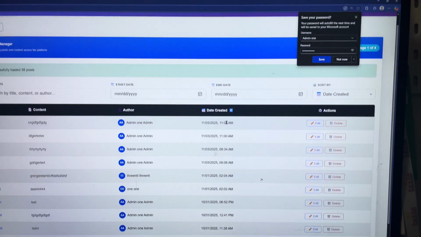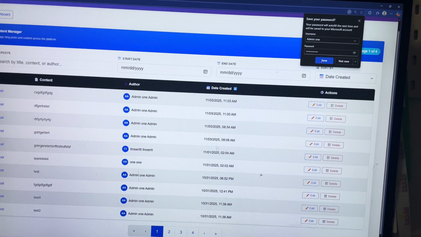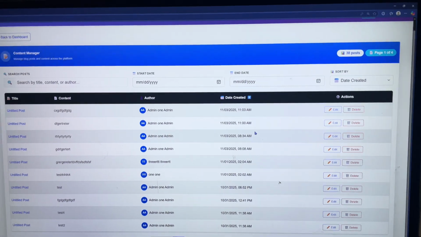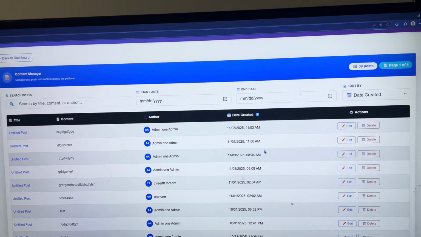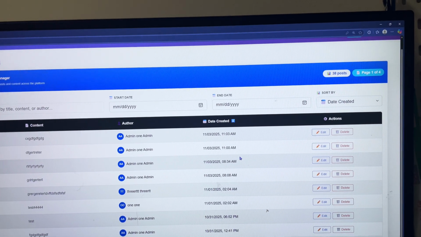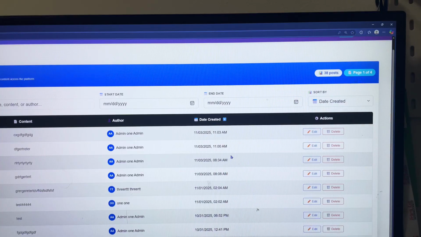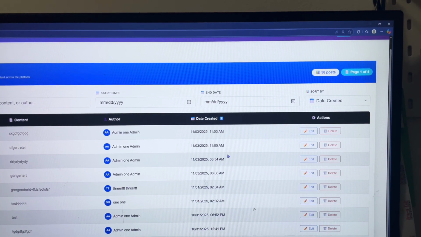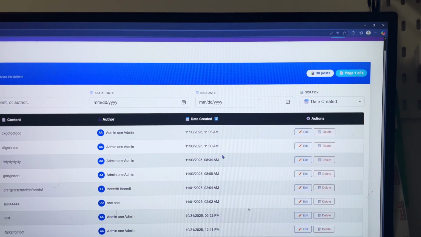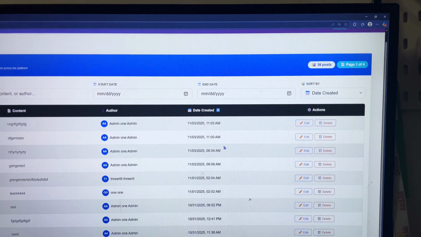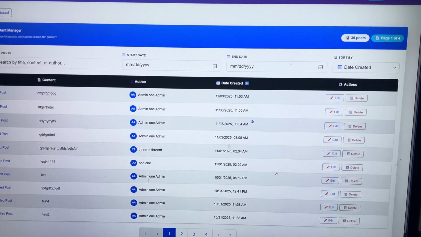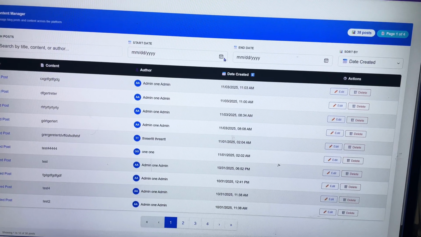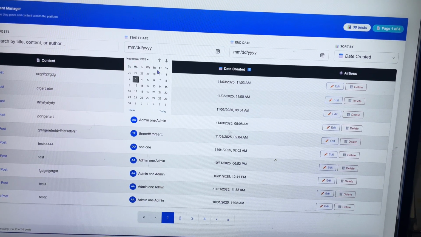The content manager will have all the posts that each user has made. It has a search box for posts, and you can search using the start date, the end date, or a range between a start date and an end date. The posts created in that date range will be filtered and displayed on the UI. For example, I will select